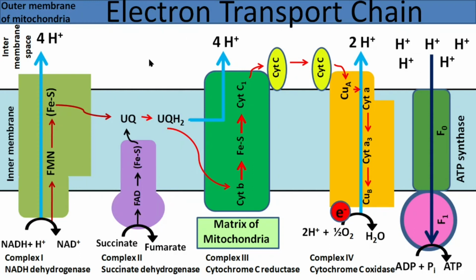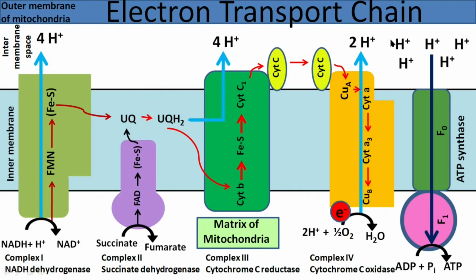When protons accumulate in the intermembrane space, there is establishment of proton gradient across inner membrane of mitochondria. It is not that only by pumping alone there is formation of gradient. There are 2 reasons for this gradient. One is pumping of protons by these three pumps. Second reason is for reduction of every oxygen atom, there is utilization of two protons from the matrix. So because of these two reasons, there is continuous increase of protons in the intermembrane space, and continuous decrease of protons in the matrix of mitochondria.